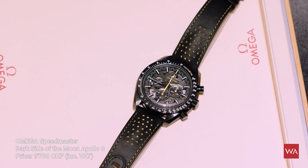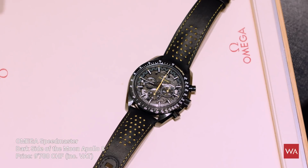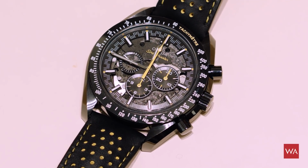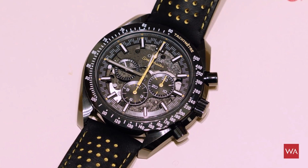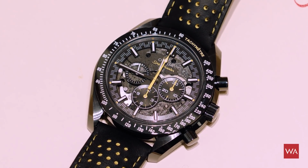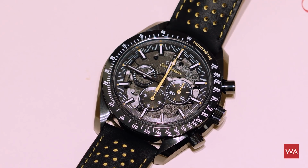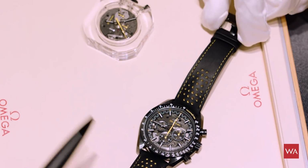So, and now let me present you the latest and the absolute coolest one that will come on the markets in November. And after I showed you different versions, why not opening the dial of the Speedmaster? Why not playing around again with the surface of the moon? And what Omega did here is quite interesting. They took a high resolution picture of the bright side of the moon, and they programmed it into a computer, and a laser is now